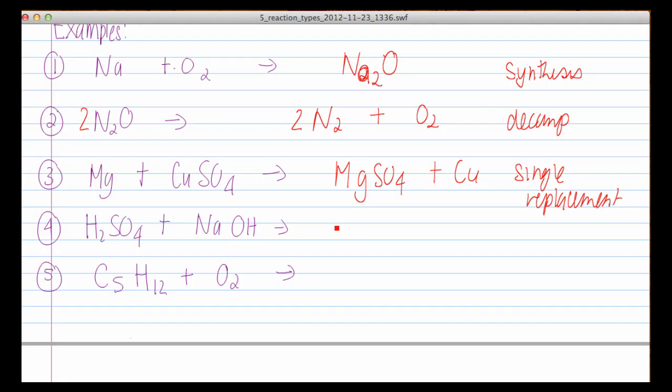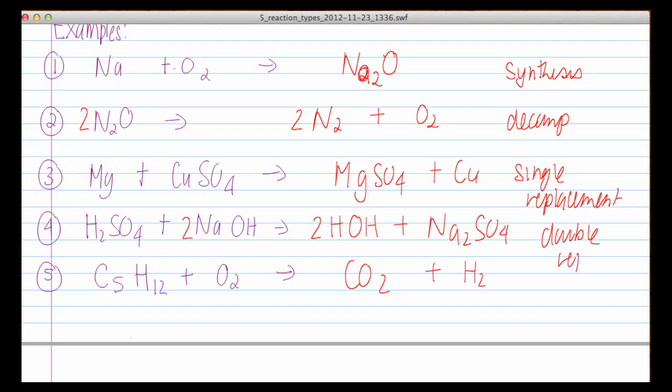And this reaction, the hydrogen and the sodium will switch places. And then we have to go back and balance for charge. So I'm going to put a 2 here, and I'm going to put a 2 here. And the last one is a combustion reaction. This is a double replacement. And I'm going to balance the numbers of atoms on each side. So now I've got 10 oxygen here, and I've got 6, so that means I've got 8